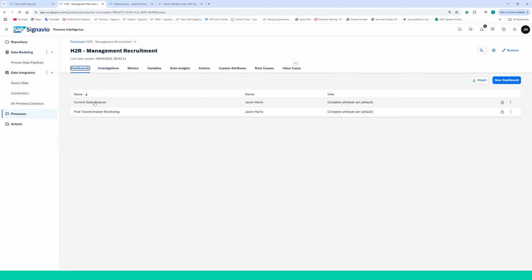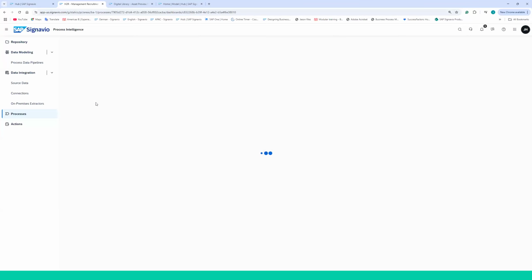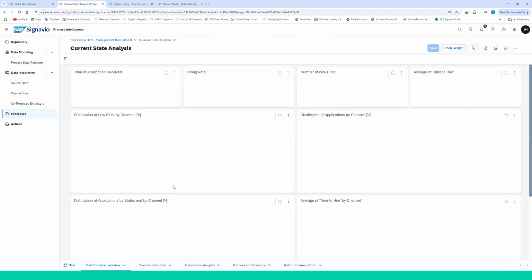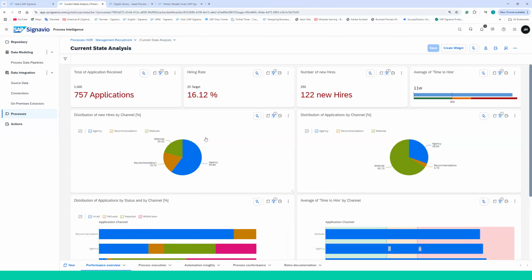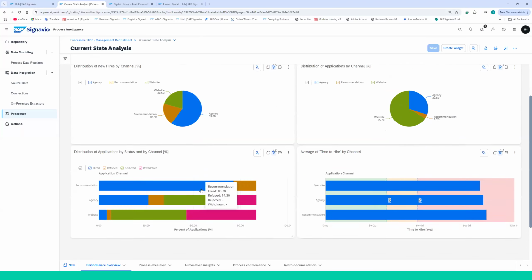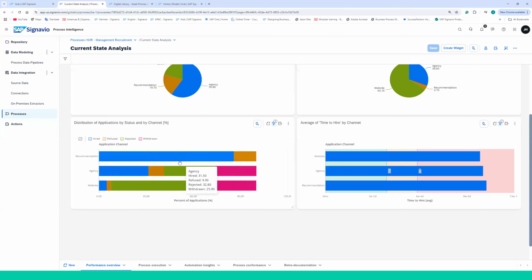And if I go into, say, this one, which is a current state analysis in our dashboard, you see the data that's been populated. And I can take information from this, for example, let's say I want to take this and post it on that front page. I can go in and actually